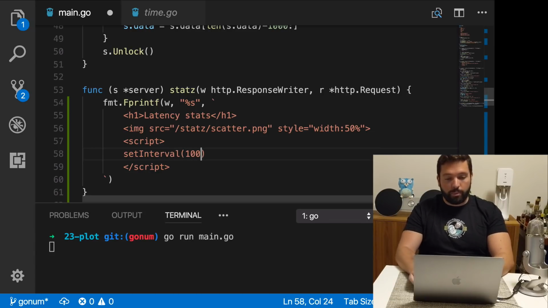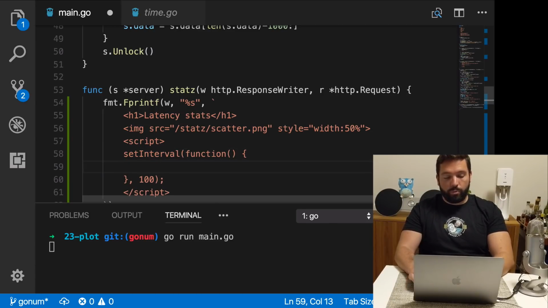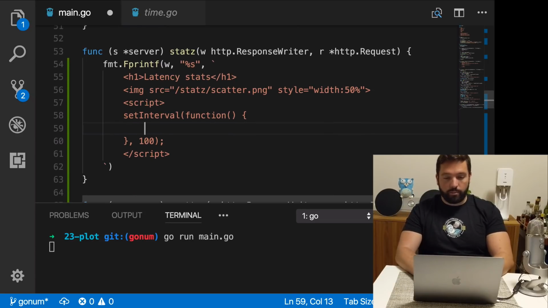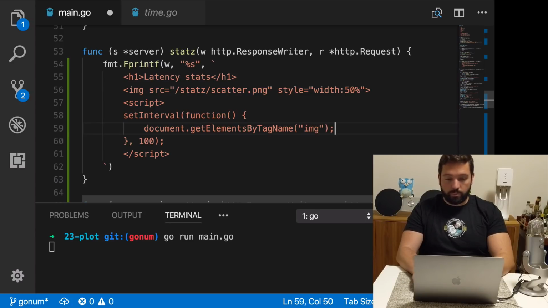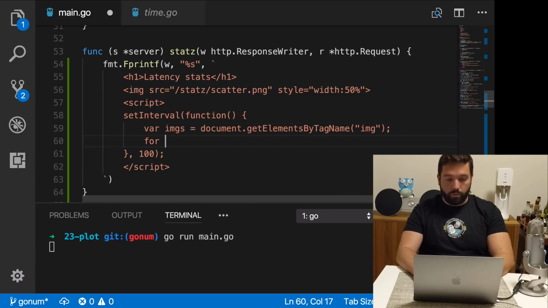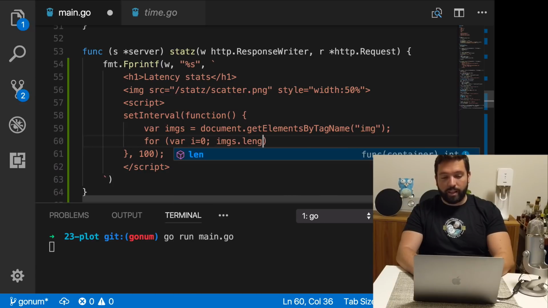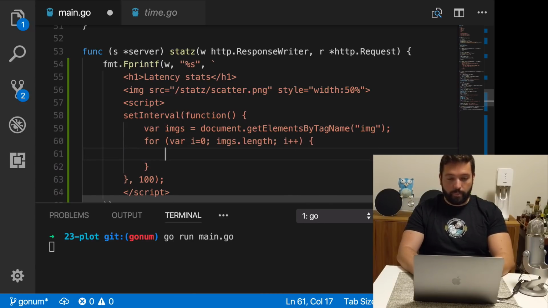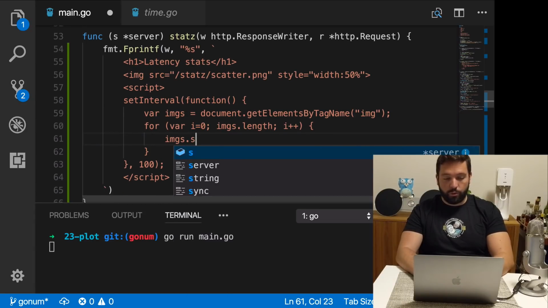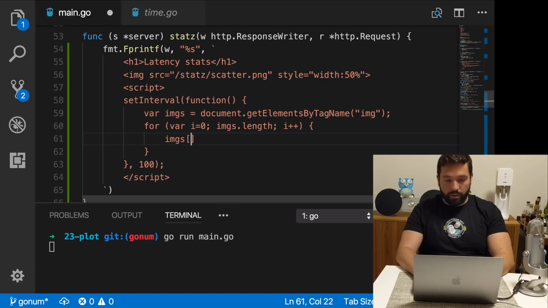We're going to repeat it every 100 milliseconds, and the function we're going to execute is going to get the images by tag name: var images, for var i equals 0 to images.length, i plus plus, images[i].src equals images[i].src plus